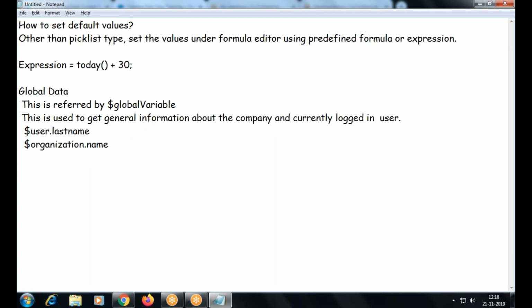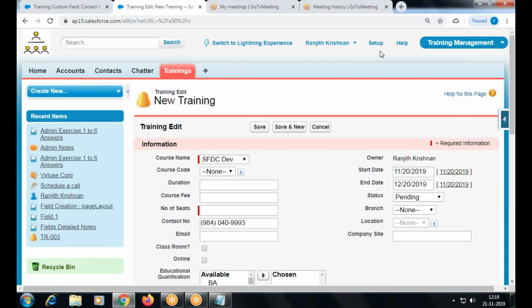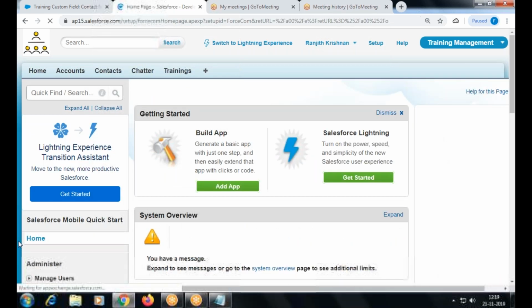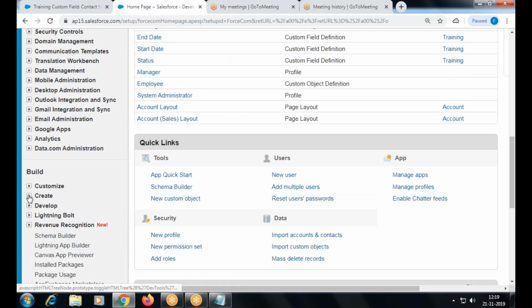Okay, so how to build a formula? Okay, how to build a formula? We are going to see what is a formula type field. Remember, there is a field type called formula type. People recall that option. What are the field types you have, remember, right?